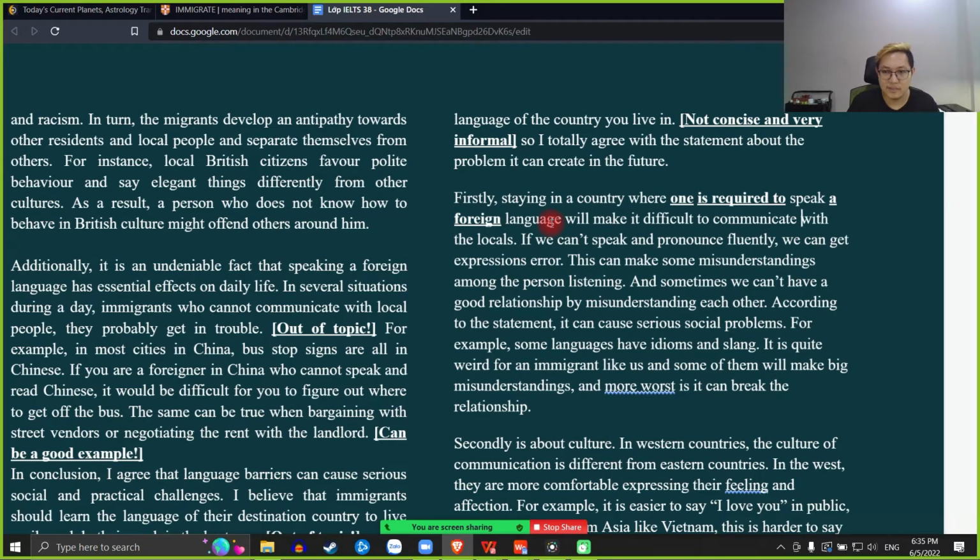Will make it difficult to communicate with the locals. Nó không hẳn chỉ là đối với người locals nha. Lỡ đâu nó những người khác thôi. So, in the context of this essay, well, it's not about migrants and locals. Migrants and locals are only an example, remember. But the whole frame of this essay, it talks about two people that have to communicate in foreign language only,